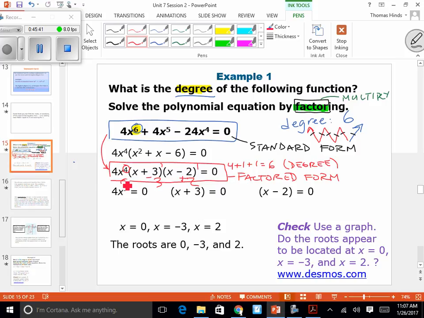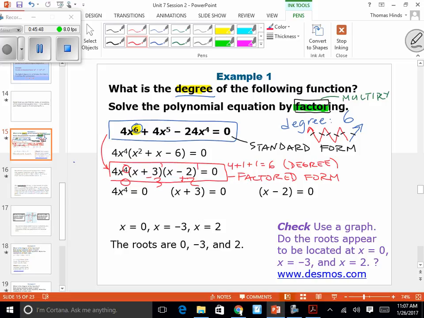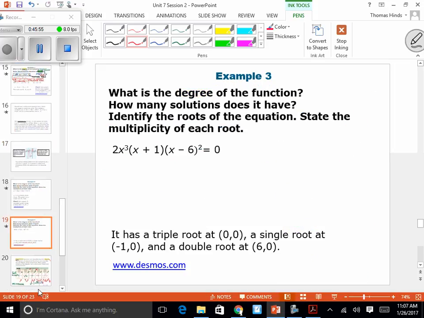What is it you're writing? In the end, you're going to write degree. You're going to write orientation. How many solutions, x-intercepts, and then the y-intercept, and then it's the work term. Number of solutions, and x-intercept, and then the roots at, y-intercept at, and then